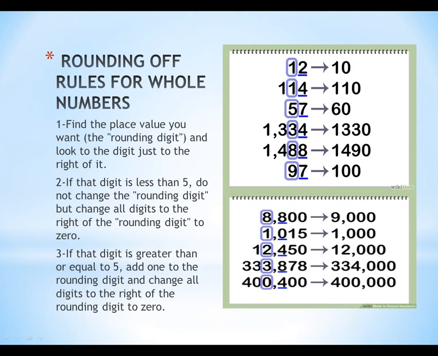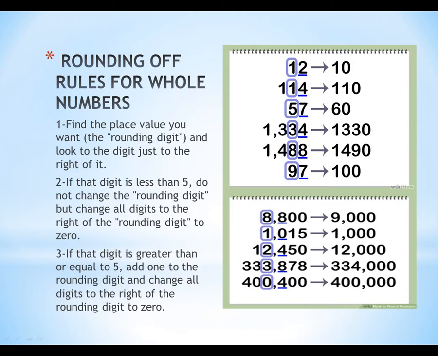So in simple words, first of all we have to see the next number. Here is the number 12 and we have to round it off at one place. The next number is 2, which is less than 5, so the previous number will remain the same and the next number will become 0. And here we also have to round off 114 at the 10th place, and the 10th place is 1, so the next number is less than 5, so the previous number will remain the same and the next number will become 0. So it doesn't matter how many numbers are after that digit, all the numbers will become 0.